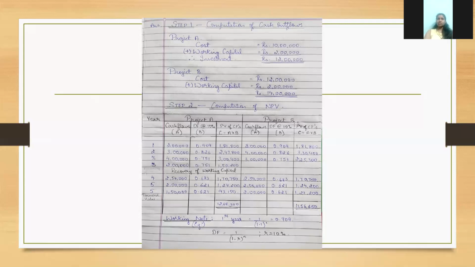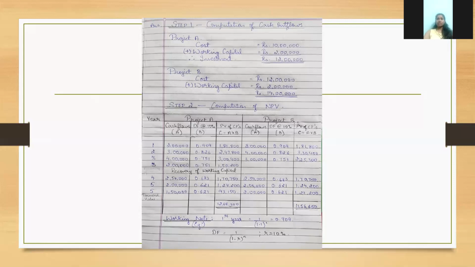Now the present value of cash flows is equal to cash flow into discount factor, that is 2 lakh into 0.909, which is 1,81,800, and for the second year it is 2,47,800, then 3,04,000, 1,50,200, 1,70,750, 1,24,200, 93,150. The total present value of cash flows for Project A is